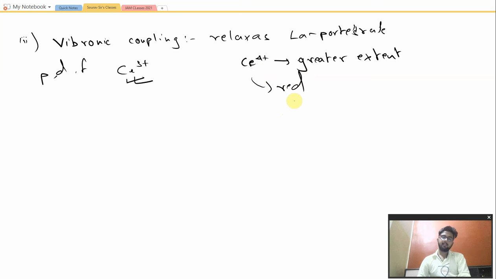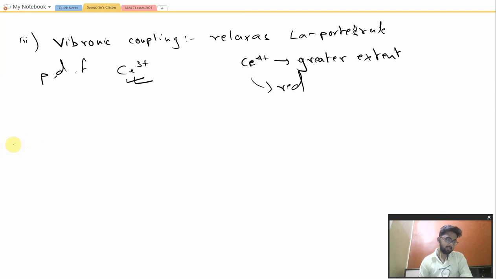So these three are the exact factors as I have told you. You may just move the video a bit backwards and note down each and everything that I have said. You may go through the energy transitions between the f orbitals of these two species and take reference from there. But these three rules must be present in the answer for you to get the full marks. So let us move on to the next question.